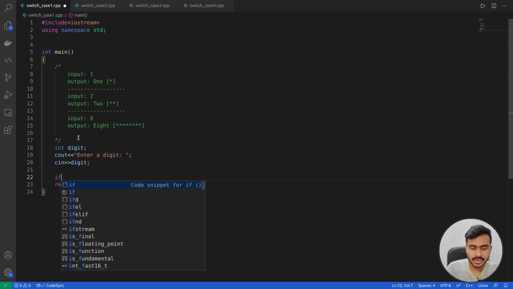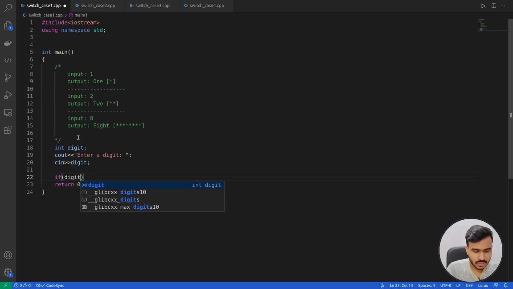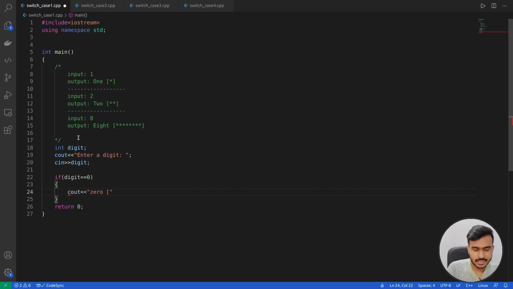I'll write if my digit is equal to 0, then I'll write cout 0, followed by, in brackets, a single star, followed by \n. Correct? In this way we can print for 0. We have to do this same thing for all the digits. So I'll just copy this if statement. Now I'll write else